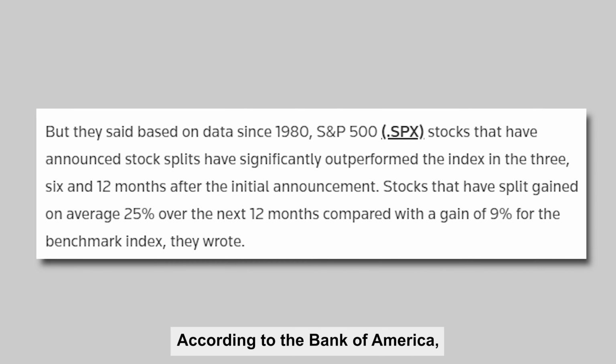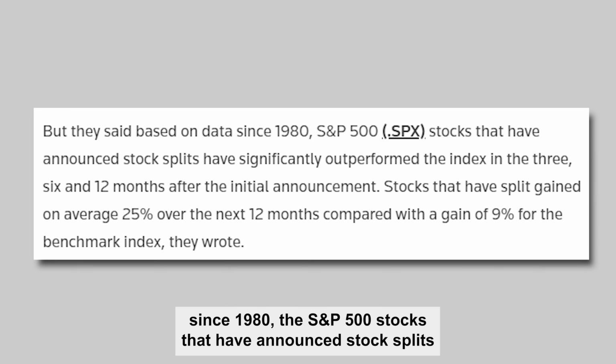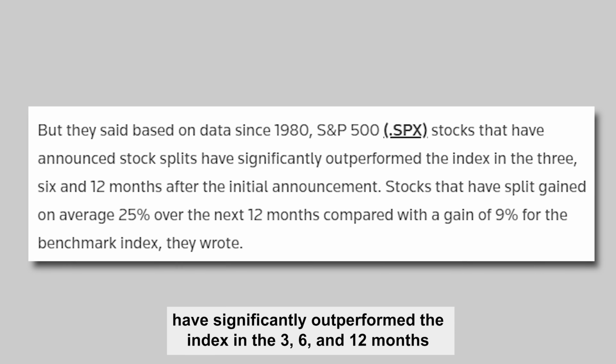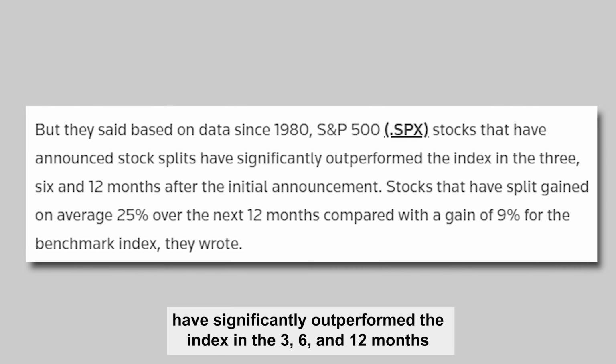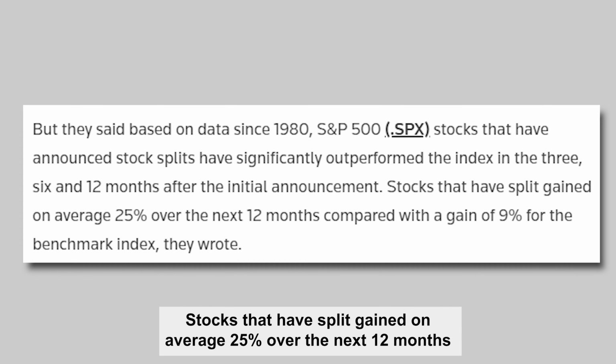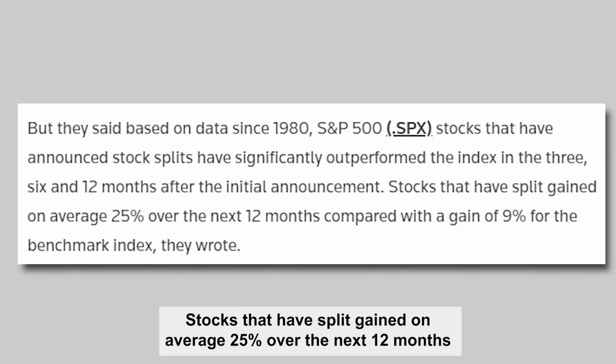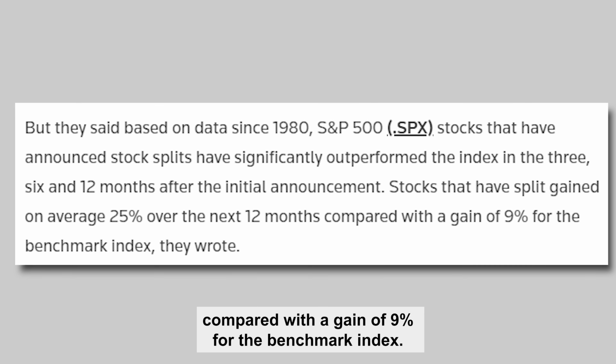According to the Bank of America, since 1980, the S&P 500 stocks that have announced stock splits have significantly outperformed the index in the 3, 6, and 12 months after the initial announcement. Stocks that have split gain on average 25% over the next 12 months compared with a gain of 9% for